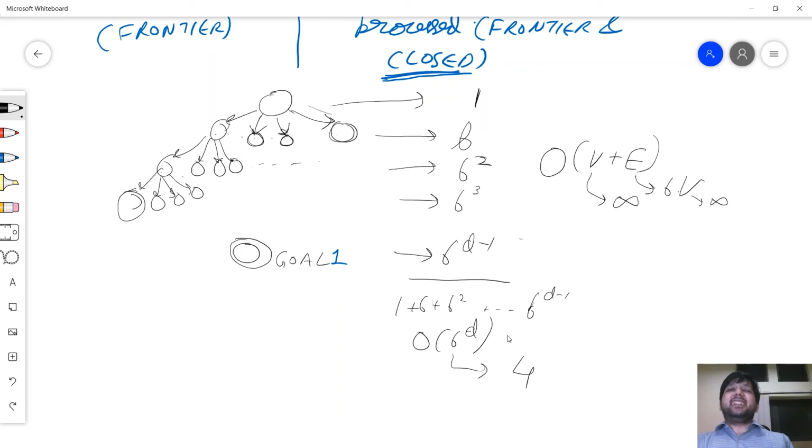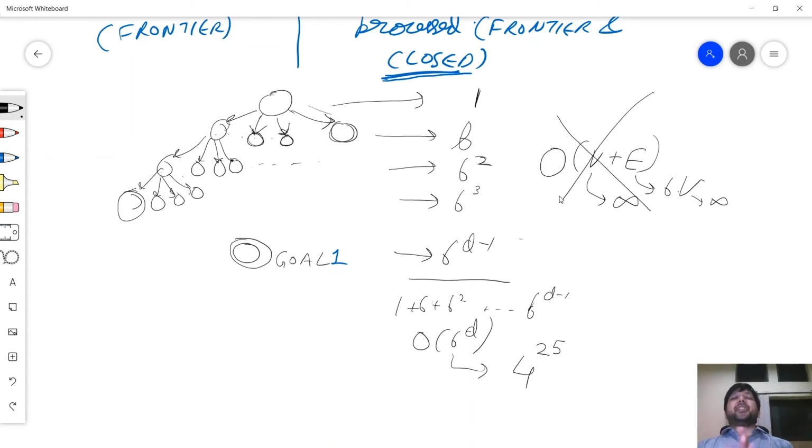How many moves deep will the solution be if you need to play as a child? 5 moves, 6 moves, 10 moves? So maximum you need to move 20 times. So this is 5, 6, 20, 25. So 9 factorial. Now, unluckily for this problem, 9 factorial is still not that large a number as it appears. However, there could be cases where the state space is absolutely infinite and B raised to power D will be reasonably finite. So never report your answer as V plus E.